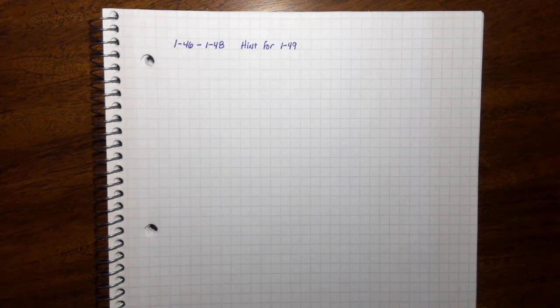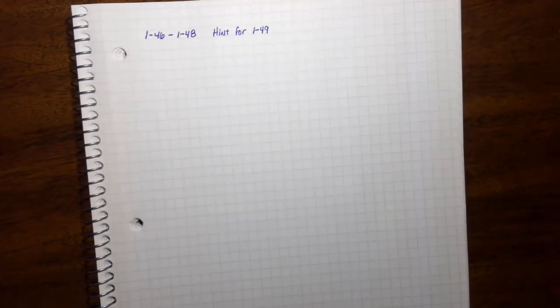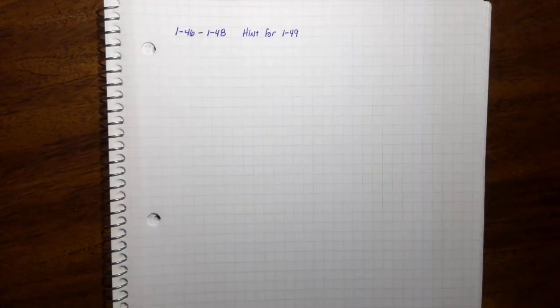This is 1-46 to 48, and I'm going to give you a hint for 49. 46 to 48, typically speaking, are probably the most confusing problems of the chapter, and they are always ones that students would ask